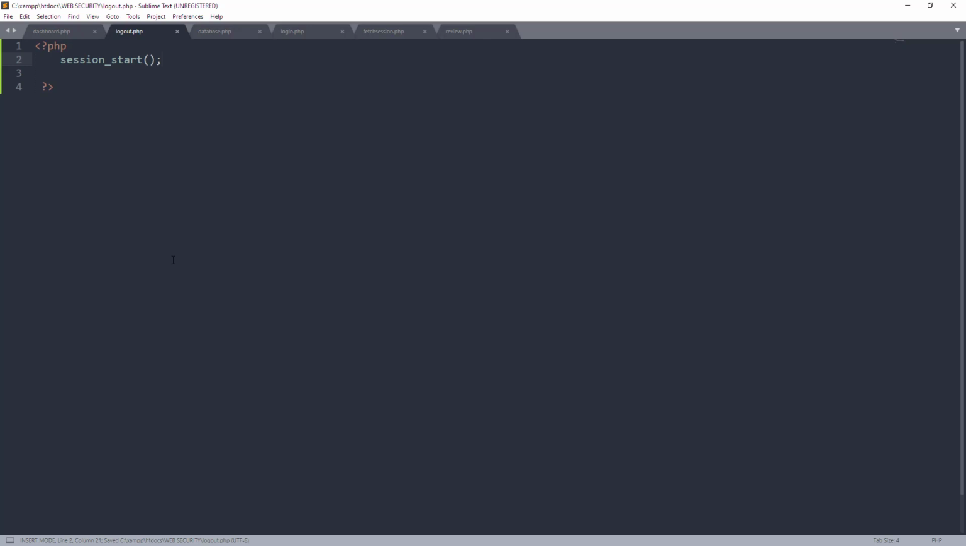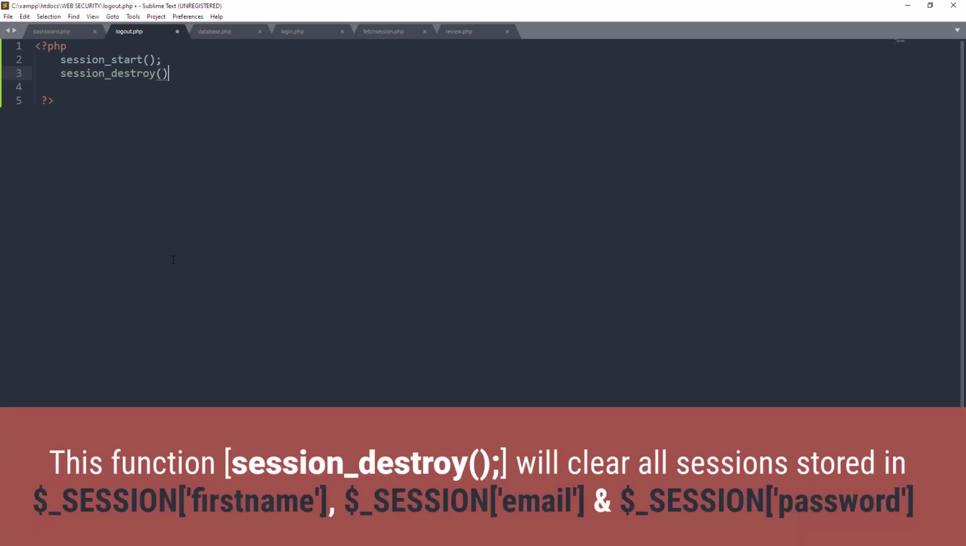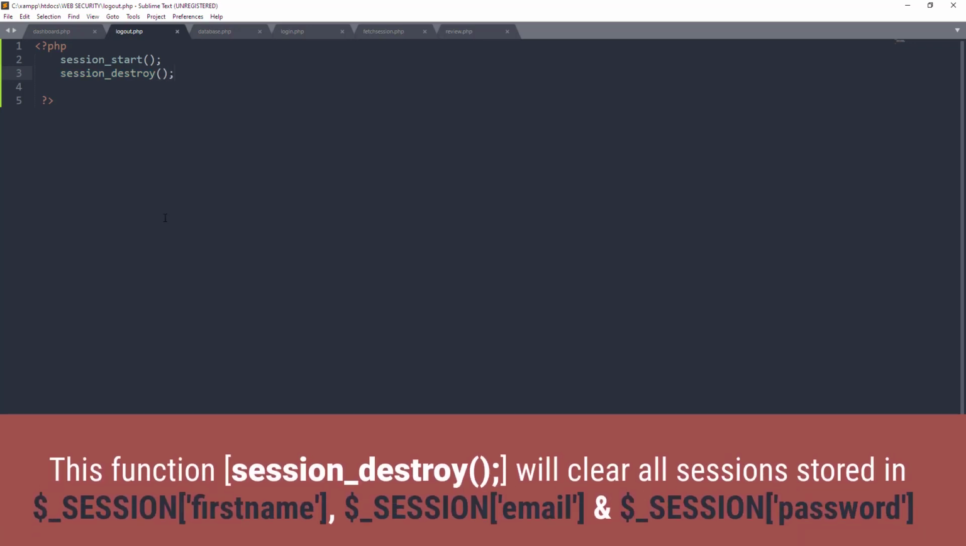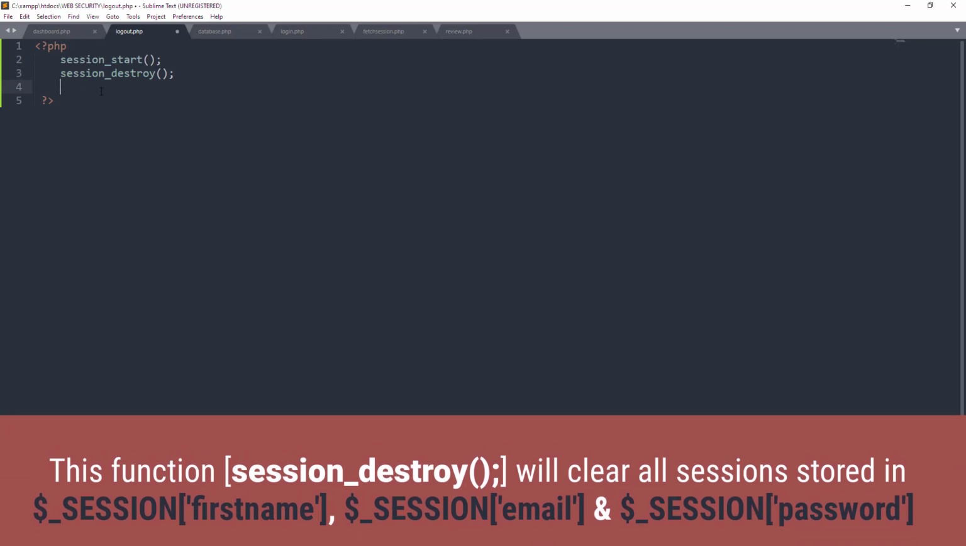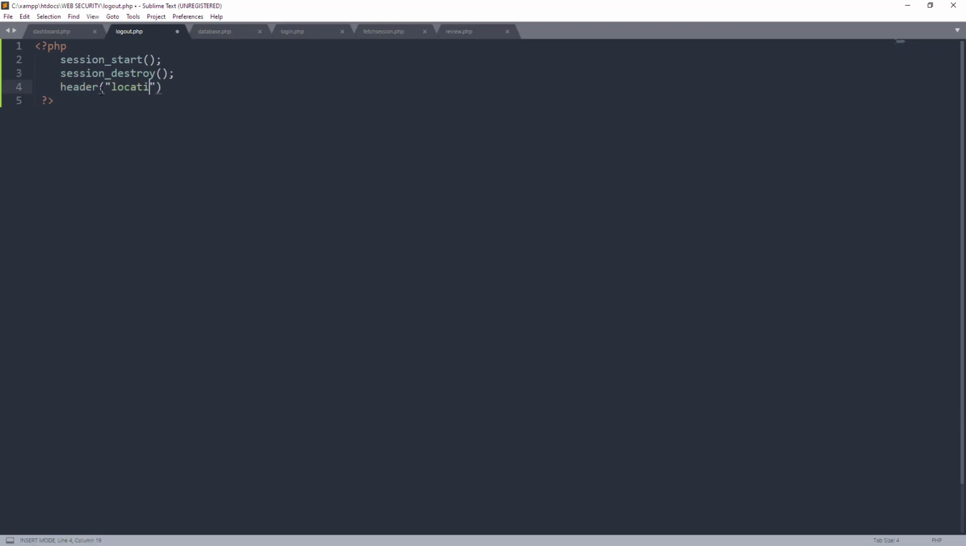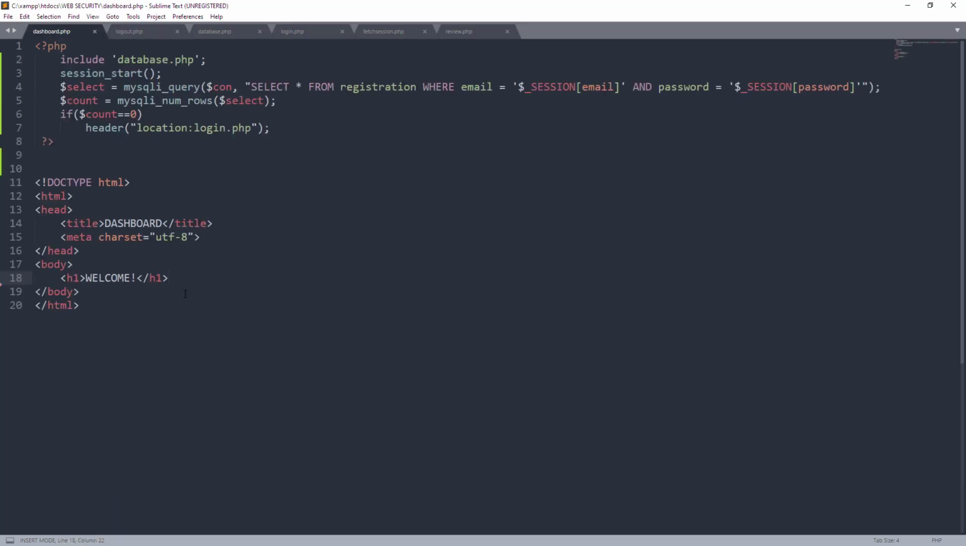Okay. And then, after natin ma-start is session_destroy. Okay. Ayan. So, start natin and then, i-destroy natin. So, tapos, after natin ma-destroy, we're going to have a header location. And then, dadali natin siya sa login.php. So, para ma-implement natin ito, yung logout.php, balik tayo sa dashboard.php and then, gawa tayo dito ng, let's say,